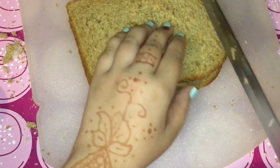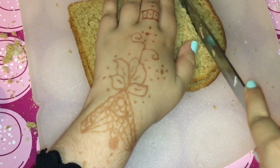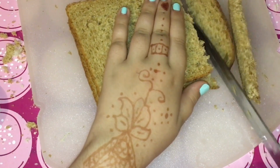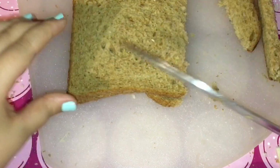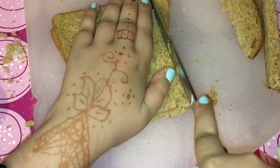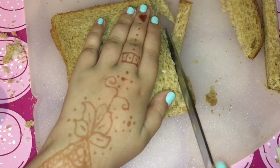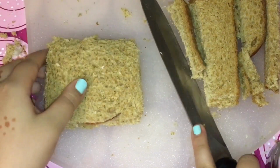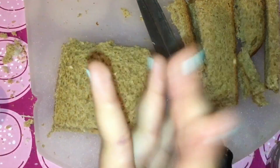So what I'm going to do is I'm going to use a knife and cut the bread where I can't see any filling. So an empty side of bread, so all the sides. Try and look before you cut, just in case you cut the filling, and then all your work will be wasted. Alright guys, so after cutting all the sides,